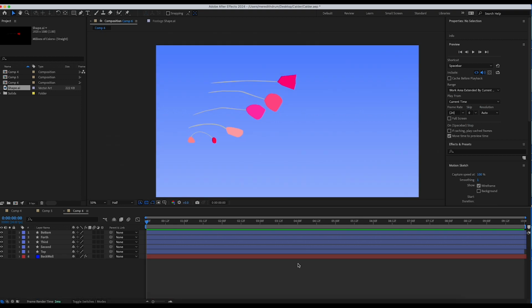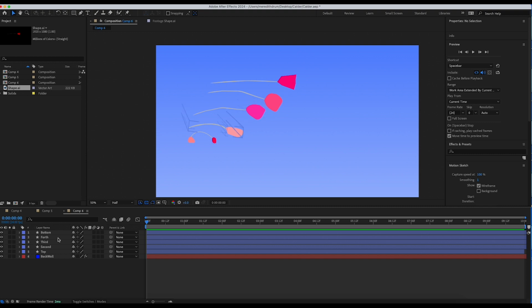We want to make these into 3D layers. Okay, and hopefully you see this 3D here. If by accident you have Track Matte open, then click down here at the bottom of your timeline for toggle switches and modes so that you can see this 3D item here.